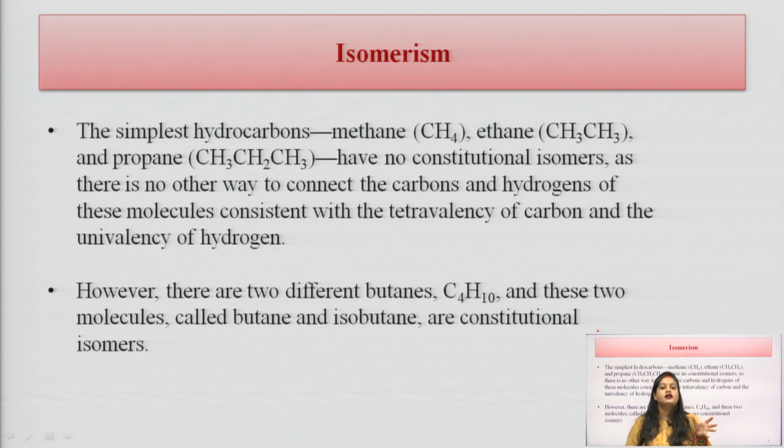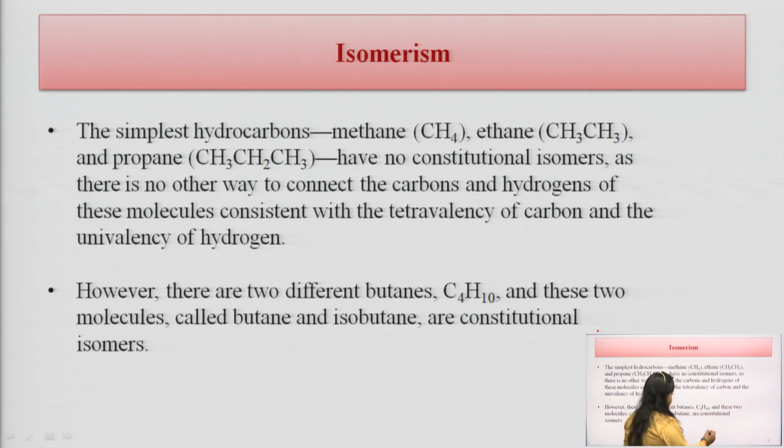ये ऐसे कंपाउंड हैं जो कॉन्स्टिट्यूशनल आइसोमर्स प्रोड्यूस नहीं करते हैं। However, there are 2 different butanes, C4H10. यहाँ से कार्बन नंबर और हाइड्रोजन नंबर ज़्यादा हो जाते हैं, और ये कंपाउंड आइसोमेरिज्म शो करना शुरू करते हैं। So however there are 2 different butanes C4H10, and these 2 molecules called butane and isobutane are